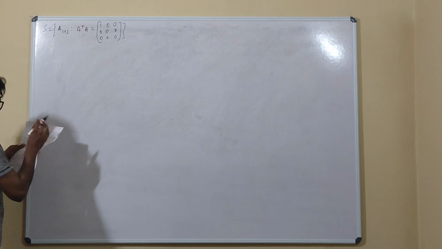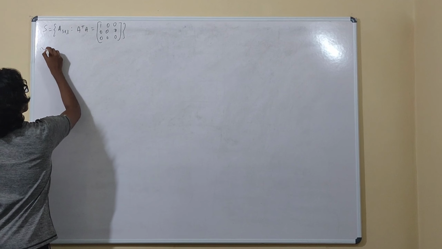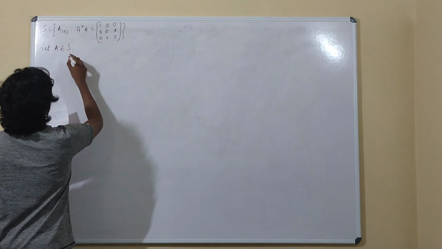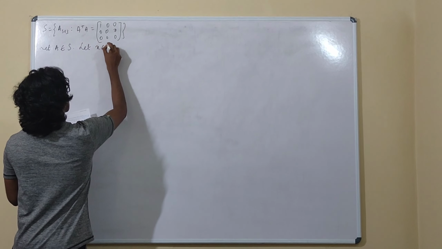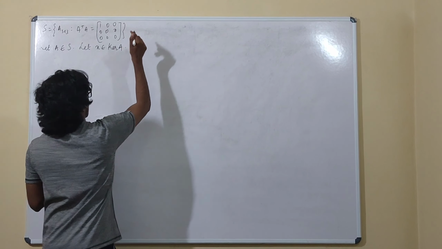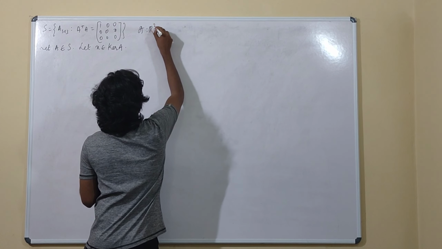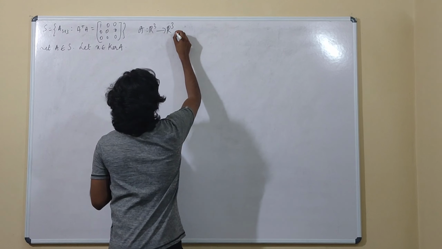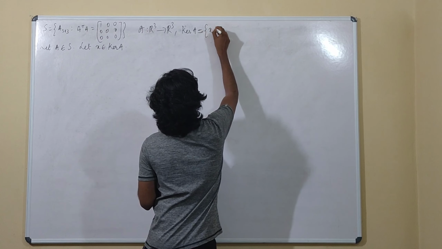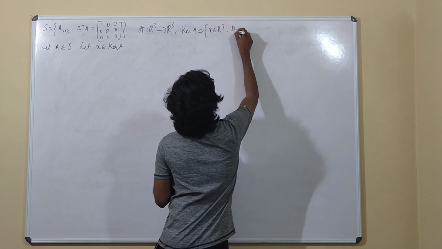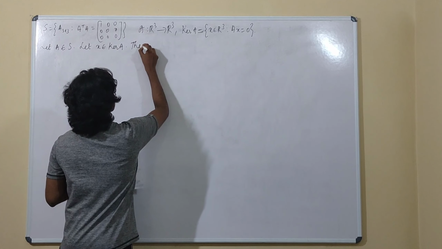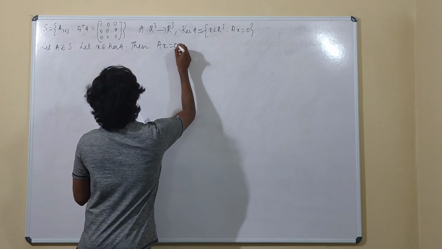Okay. First of all, let us do something. Let A be a member of S. Okay. And let X be some element in the kernel of A. So what do we mean by kernel of A? We can treat this A as a mapping from R3 to R3. Okay. So the kernel of A is the set of elements in R3 such that AX is 0. If I take X as a member of the kernel of A, then what happens? Then my AX is 0.